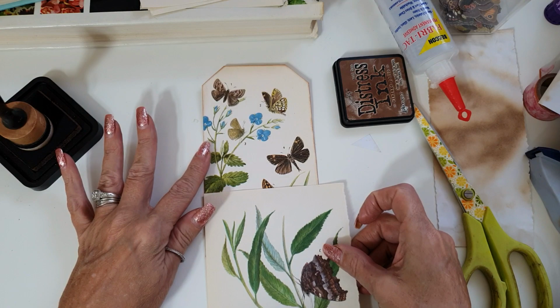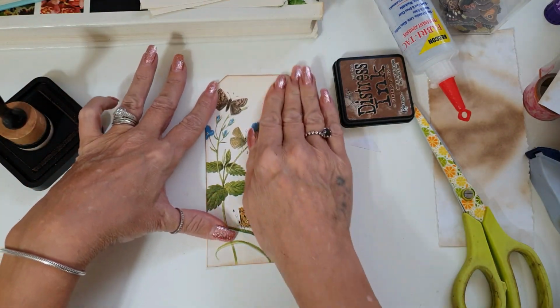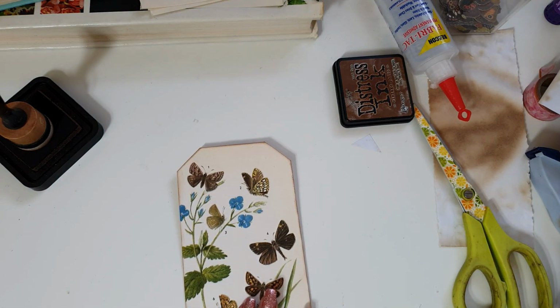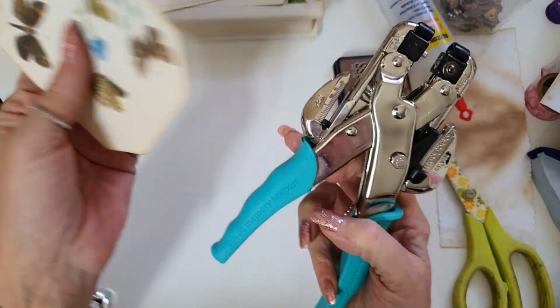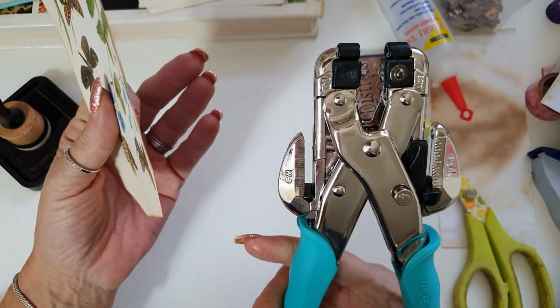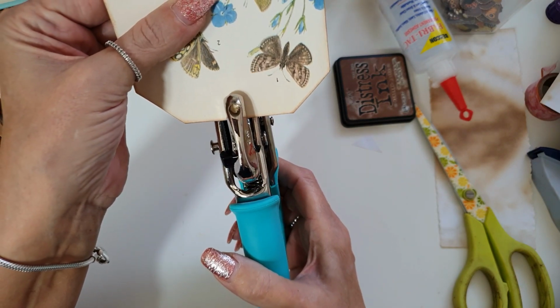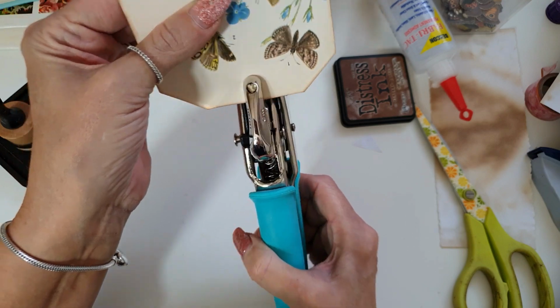I think what I'm going to do maybe is, it's going to cover that butterfly. I was going to put a pocket on it, but it's going to cover that butterfly. It needs something on the bottom. I'm also going to grab my crocodile. Now, tags, you can make any size tags, so you can get a lot of tags out of these pages. Small tags, medium tags, large tags,